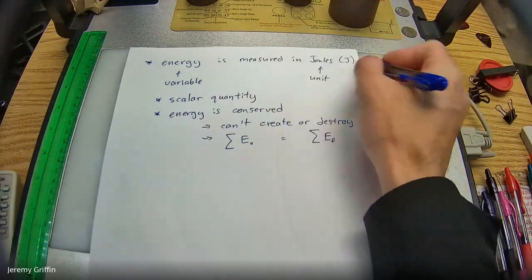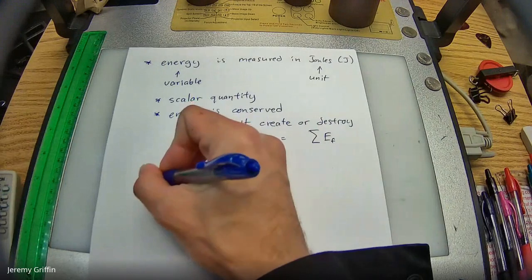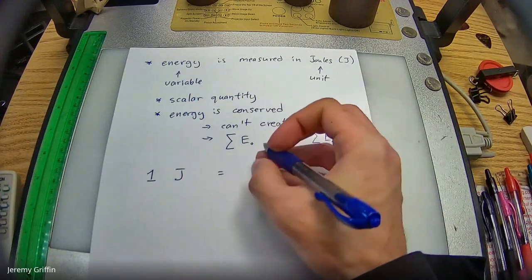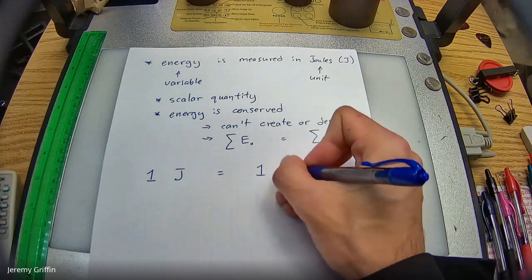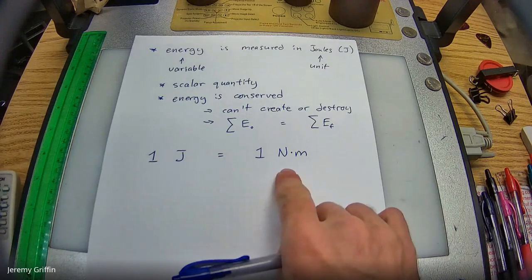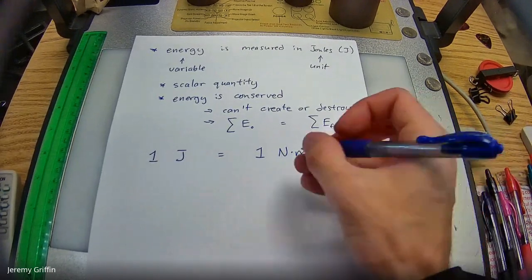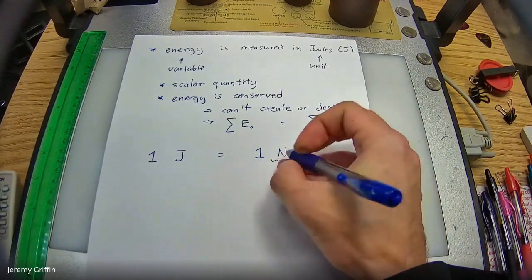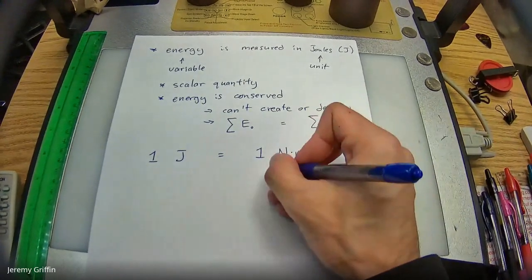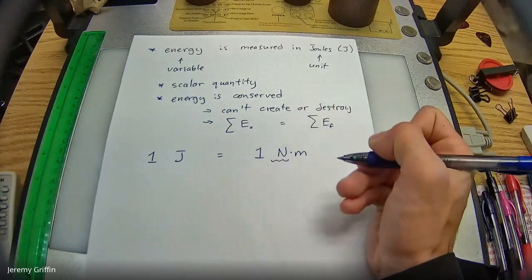Now, back to this idea of joules for the unit. What is 1 joule? 1 joule, what does that break down into? That's the same thing as 1 Newton meter, okay, which is about to make sense when I give you guys the formula for work. Okay. And 1 Newton, you guys remember, is also a composite unit. So joules is a composite unit, Newton is a composite unit. Newton is what does 1 Newton break down into?